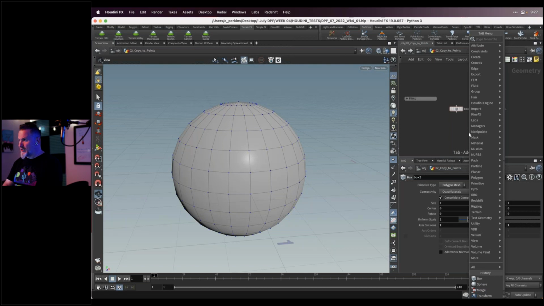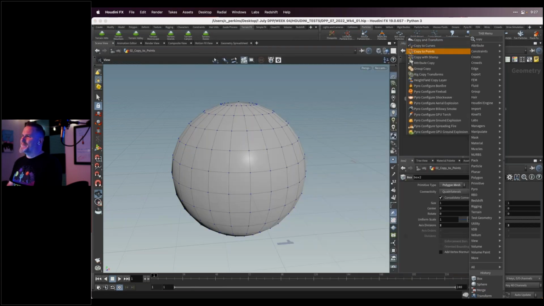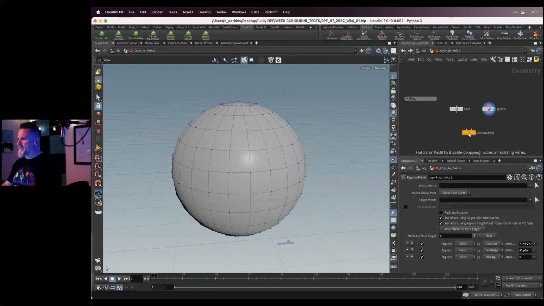So what I'm going to do is create a powerful node called copy to points. Now this one has two inputs. The left side is the geometry that it's going to copy, and then the right side is the points that it's going to copy it to. So let's say that I wanted to add a box at each one of these points. So I could then drag this to the geometry that I want copied, and then we're going to use the